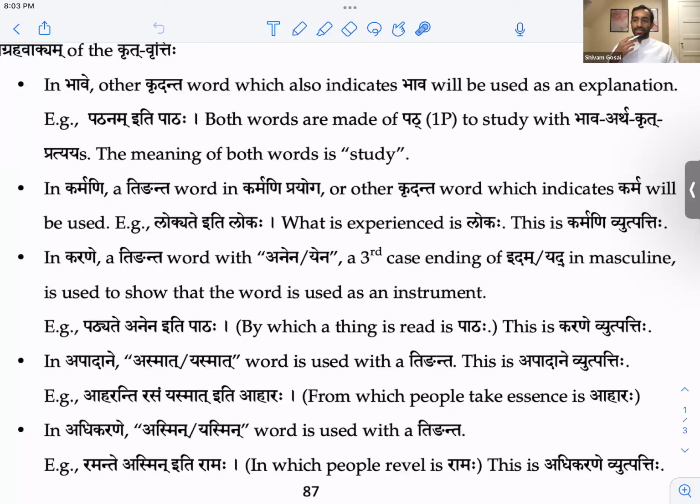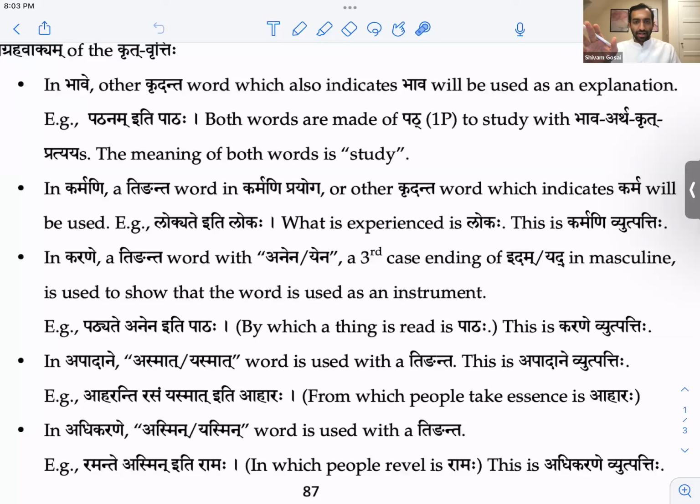Ah, okay. I see what you mean by that. So when we make something in 1-1, here the meaning of the word itself, pataha, means studying or just the act of study.